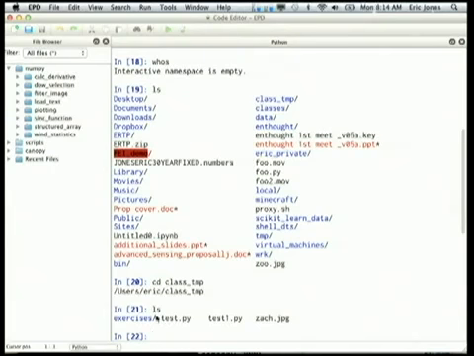CDing around, this is a nice feature. If I do an ls, how many people are familiar with Unix commands? So that's not always the case. If you're familiar with Unix commands, now you have, in the IPython prompt, a combination of capabilities where many of the standard commands for navigating your file system are available to you. So you can do ls, you can do cd to class temp, and that puts me in this directory here